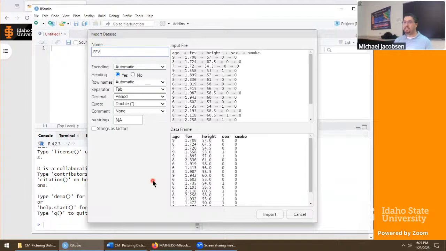Then you get kind of a scary window, but we're on the right track. This is where we need to be. This is a data set named as FEV, and we can let that stand just as it is. If you like, you can change this to something like example 4. That'd be totally fine if you prefer. I'll leave it the way it is.